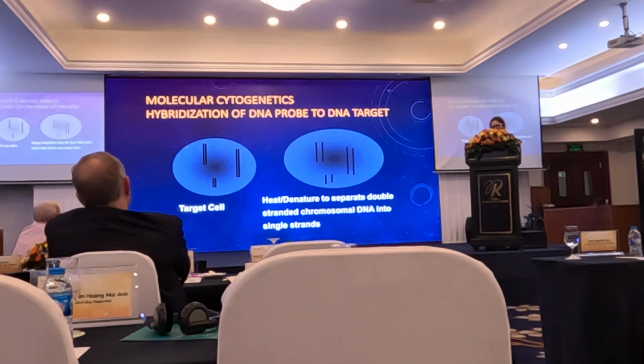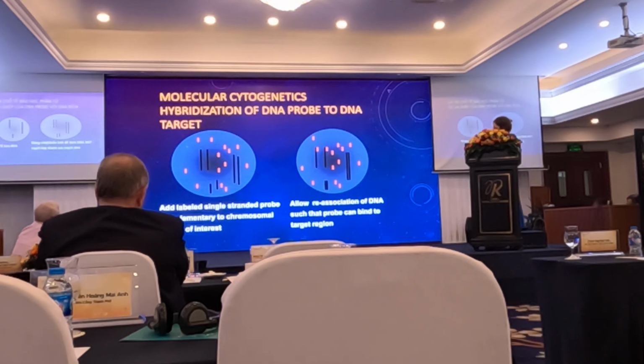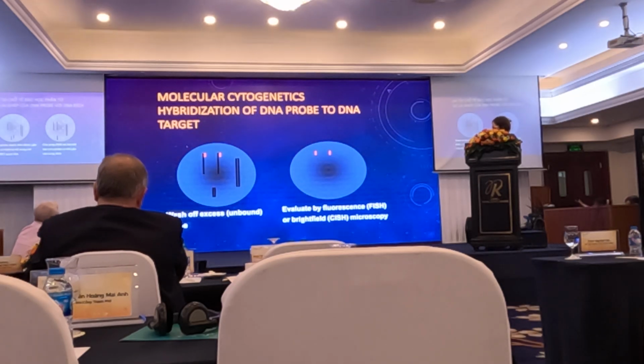The probe should anneal very specifically just to the DNA sequence. This is DNA that you're looking for, and then you wash off the excess. You look at it under a fluorescent scope, and you see, in a normal situation, 2 copies of any gene,